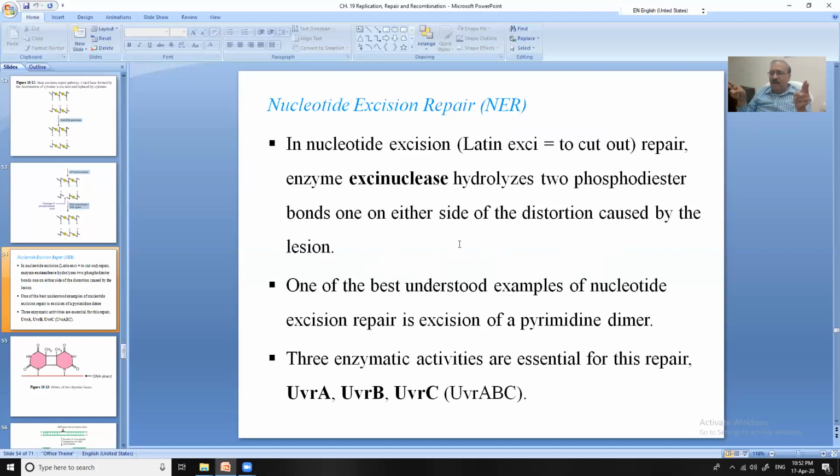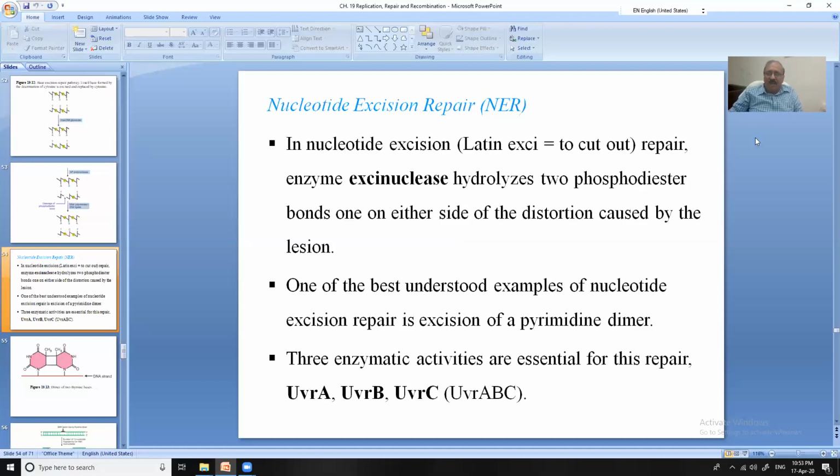exonuclease, they are working on the terminals. Endonuclease in between. Here we are getting exonuclease. So exonuclease is working on the end, on two ends simultaneously. It is a double scissor, you can say. And if some wrong insertion is there, then by the action of two exonucleases, you can say one exonuclease having a double action, removing the wrong one.